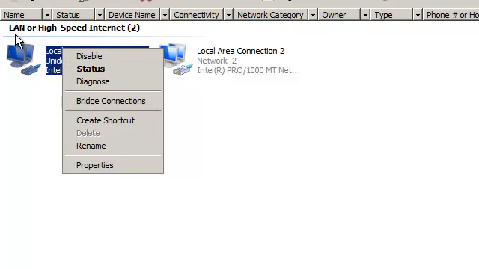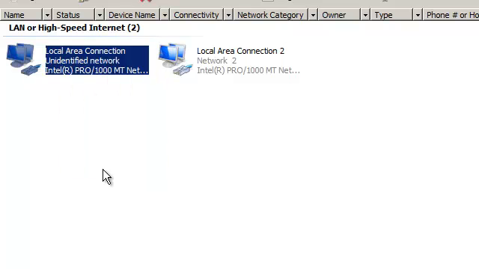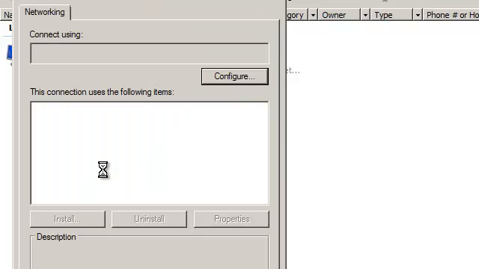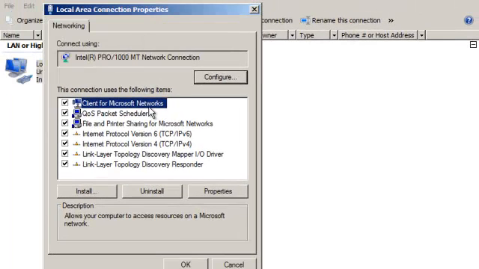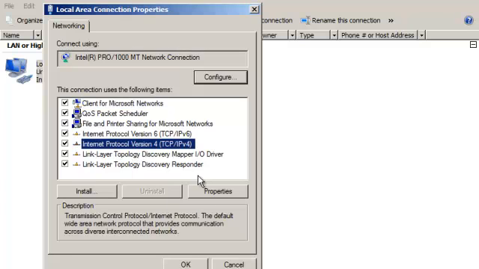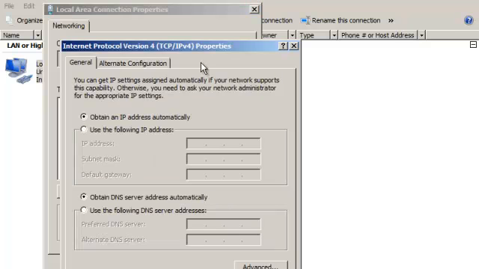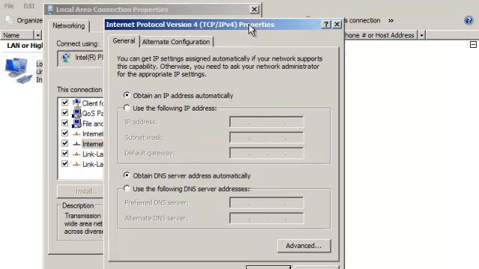So we right click, Properties. And to edit the IP version 4, we'll have to come down here to Internet Protocol version 4 and click Properties once more. And this is the window where we can actually set